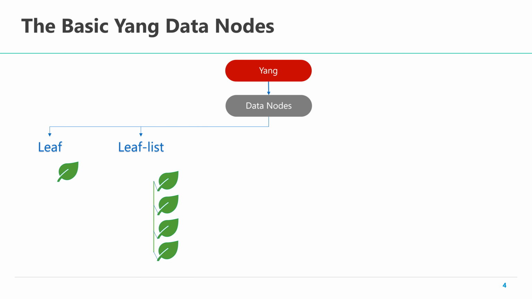The next type is called a leaf list. This is nothing but a repetition of the primitive type leaf. It consists of a set of elements of the same data type. For example, a set of names, a set of numbers, or any other similar thing, wherein the only condition is that all of the elements in this list are of the same type. In terms of programming, the equivalent is an array. For example, if it is an integer array, it can hold a set of integers. If it is a character array, it can hold a set of characters, and so on.